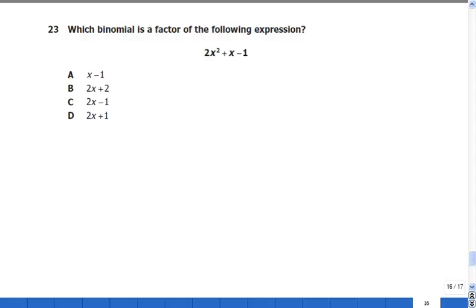Obviously there are many ways. You can try to look for what possibilities of factorization you have for this trinomial. And obviously this is not prime because otherwise A, B, C, D will be all wrong. Not the case in here, one should be right. And one approach will be to try to see if any one of these binomials here could be a factor,